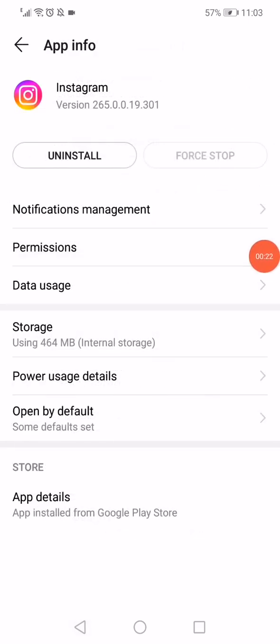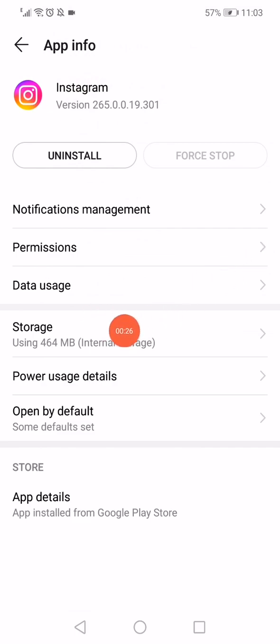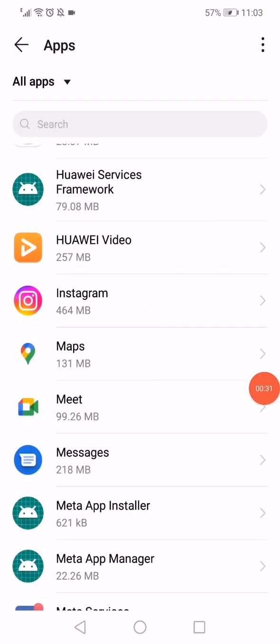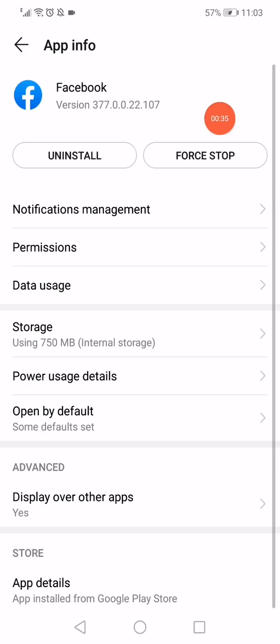Go back, click on the permissions, make sure also here to enable all the permissions, and then go to the storage or the internal storage, click on clear data, clear cache. Go back to the apps manager again, and this time go to the Facebook, click on this force stop, and